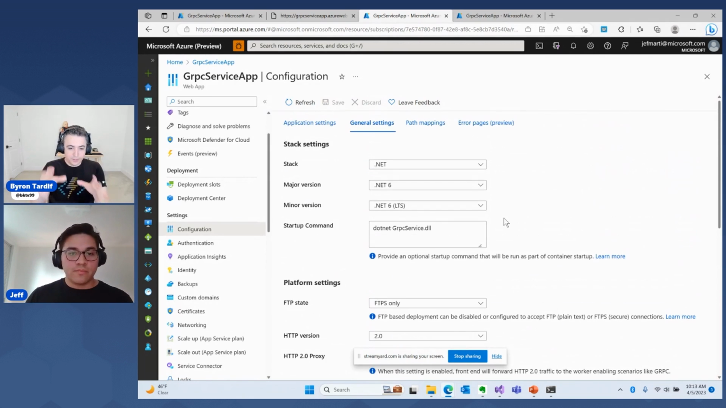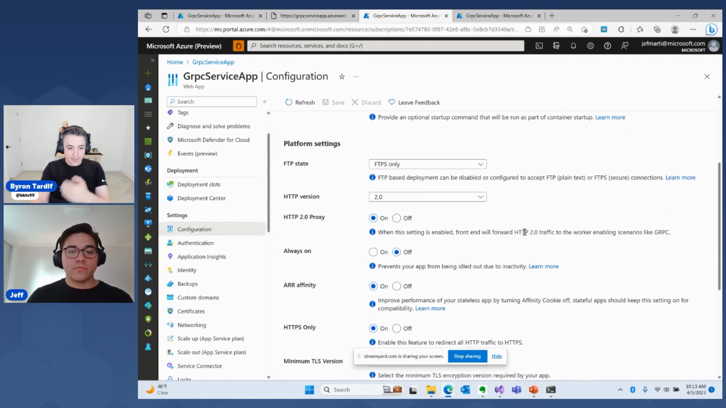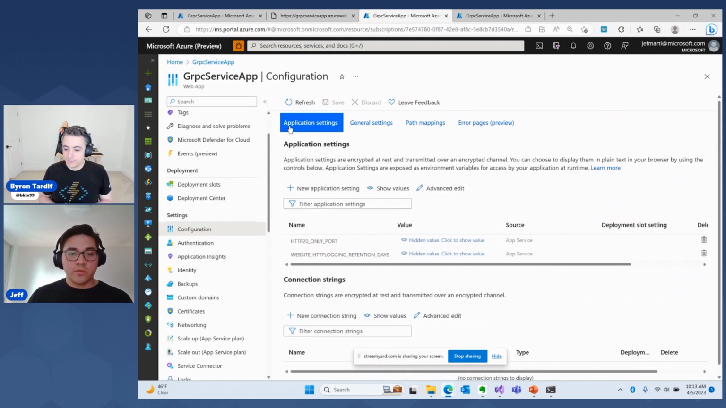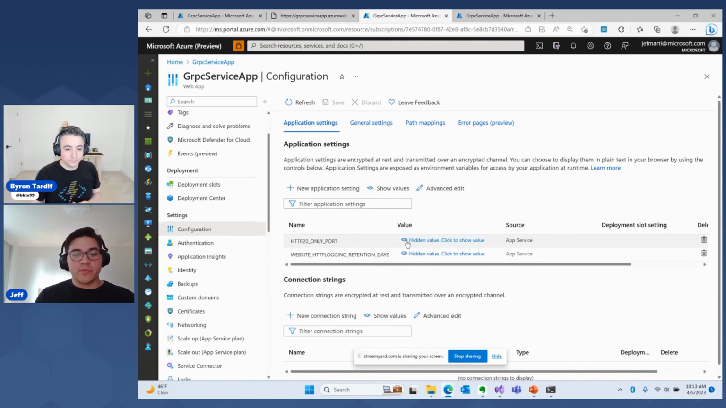And so here's where we're seeing the actual changes that we did on the front end that enabled this traffic to flow. And then there's one more that we have to do. It's set the application setting to this HTTP 20 only port. This makes sure that your app has a specific HTTP 2 only port that it's listening for, and that's how